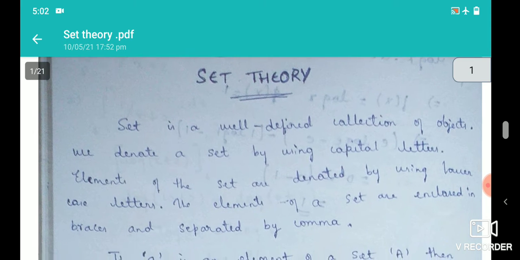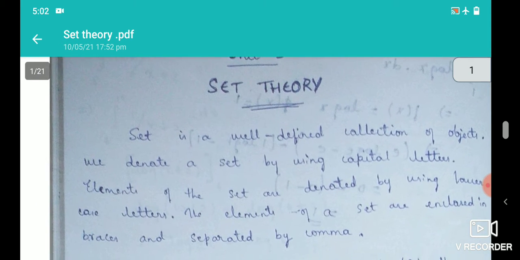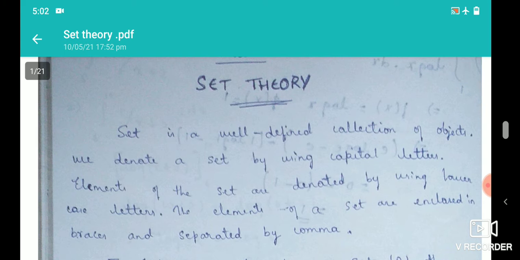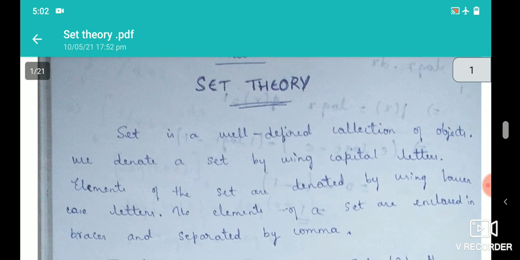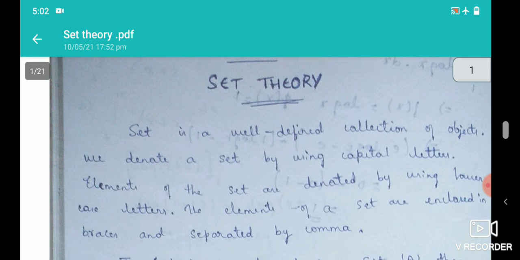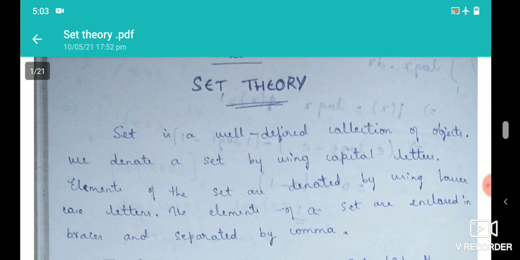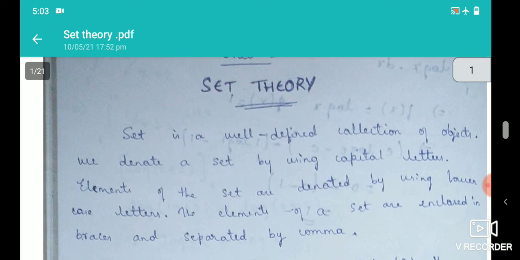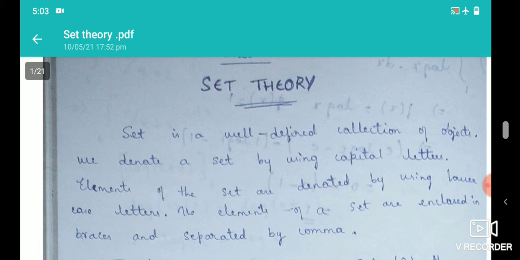For example, if we consider the first BCA classroom as a set, then all the 31 members become the elements of that set. Similarly, if you consider Saint Mary's College, SMC, as a set, then we all become members, and there are a number of courses, right? BA, BCom, BCA, MCom, MSW.